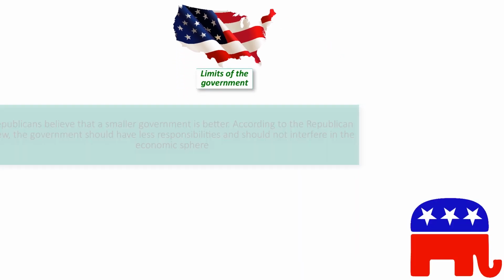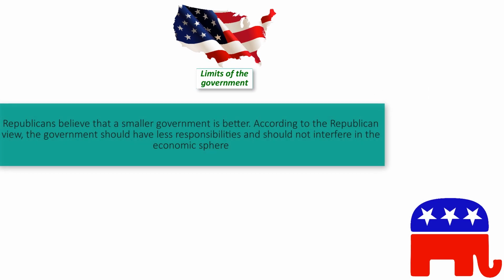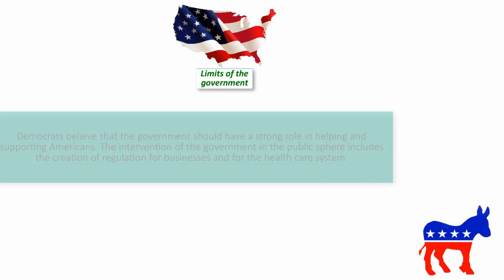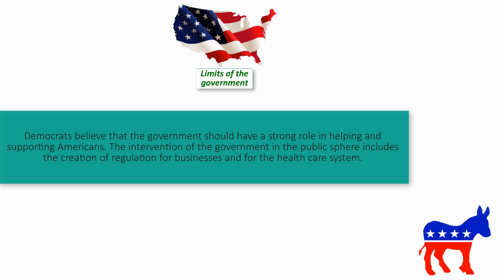Limits of the government. Republicans believe that a smaller government is better. According to the Republican view, the government should have less responsibilities and should not interfere in the economic sphere. Democrats believe that the government should have a strong role in helping and supporting Americans. The intervention of the government in the public sphere includes the creation of regulation for businesses and for the healthcare